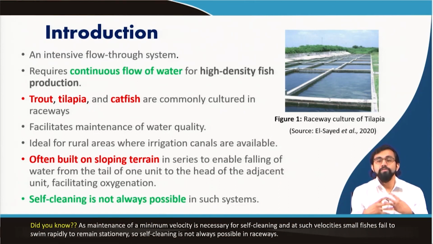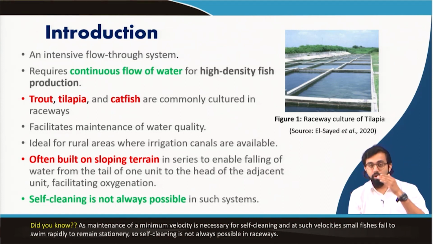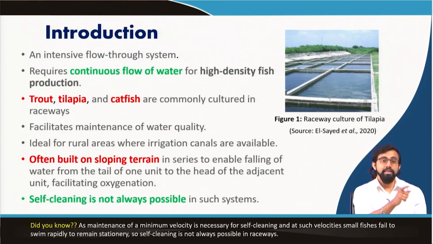If the specific surface area is higher, what will happen? The oxygen diffusion from the surrounding atmosphere into the water will be maximized. In this way, we can increase the available dissolved oxygen present in the water, and this available dissolved oxygen can help in increasing